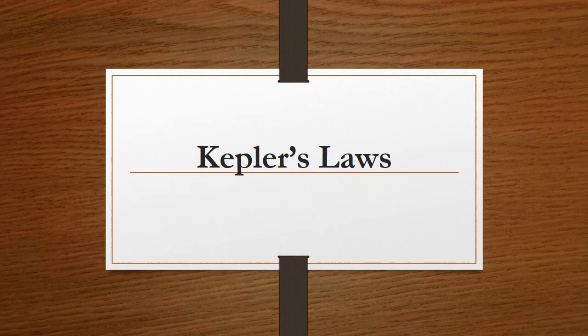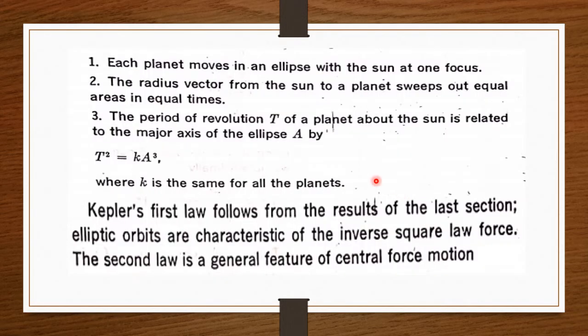Now we are going to study about Kepler's laws. We know the three laws of Kepler. First one, each planet moves in an ellipse with the sun at one of the foci. Second is the radius vector from the sun to a planet sweeps out equal areas in equal time. And the third one is the period of revolution T of a planet about the sun is related to the major axis of the ellipse A by the relation T square is equal to k A cube, where k is the